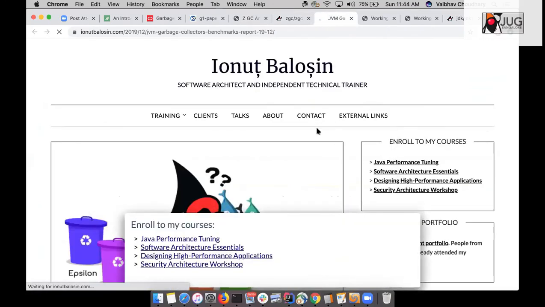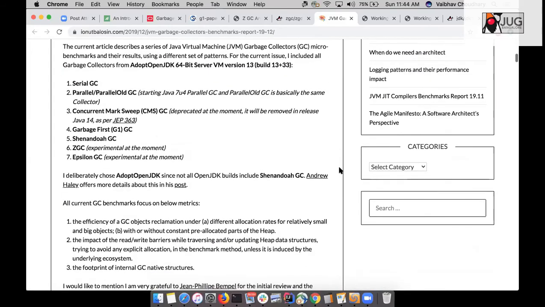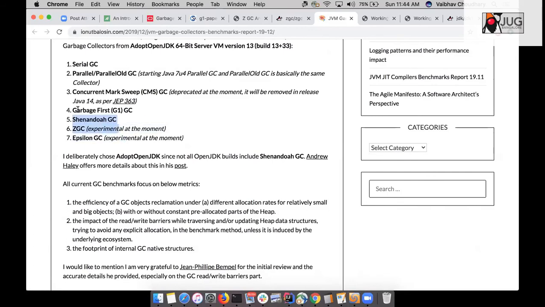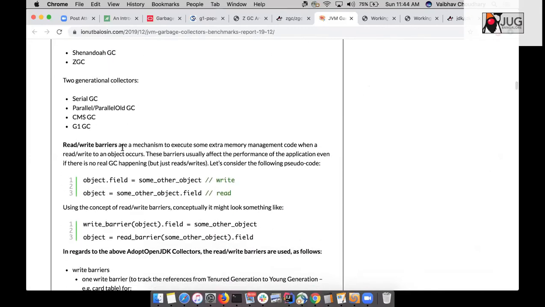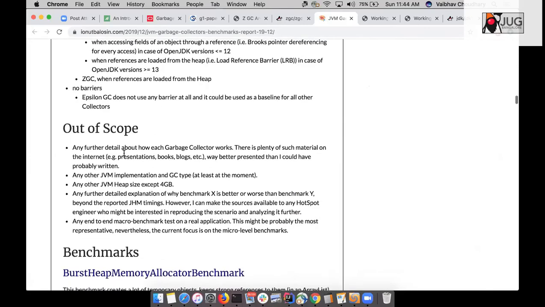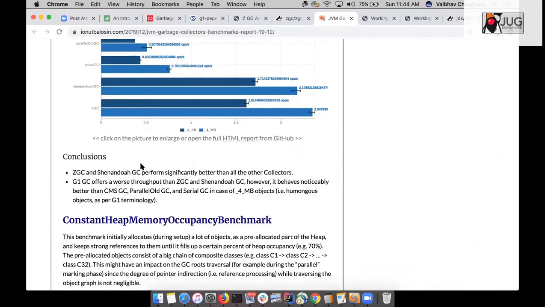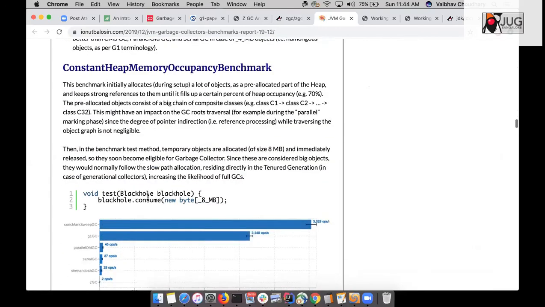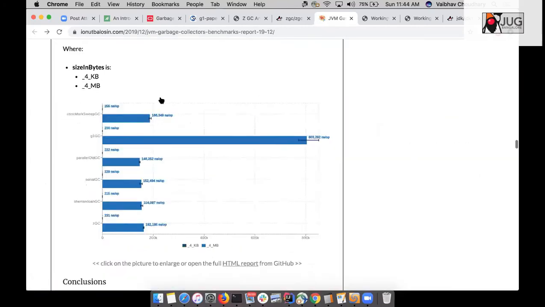He does a lot of benchmarking. I have shown you a few of the JIT benchmarks. He has done Shenandoah and ZGC and the first garbage collector, right? He is trying to explain what works better where. That was one of the questions, right? He has taken read-write barrier kinds of code and different kinds of code, and tried to do the benchmarking. What will happen if I burst the heap memory? And different kinds of benchmarking. He has explained the code, and it is not only the code here. You can go to his GitHub and it has a lot of explanation. I am very sure the GitHub link is also available down below.